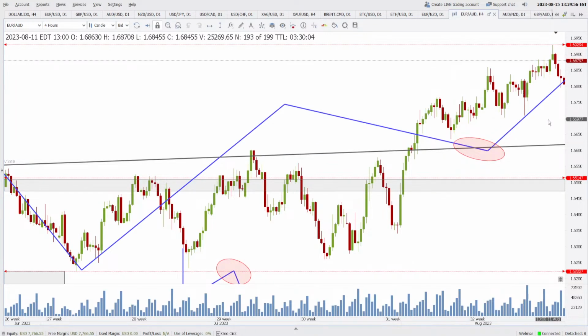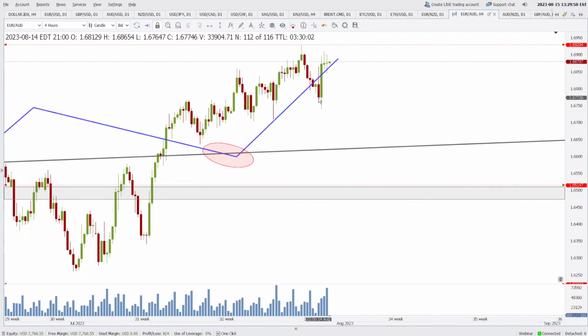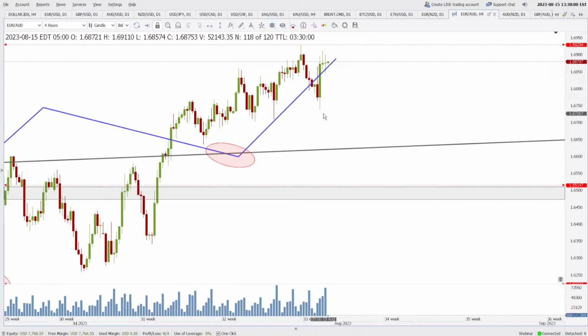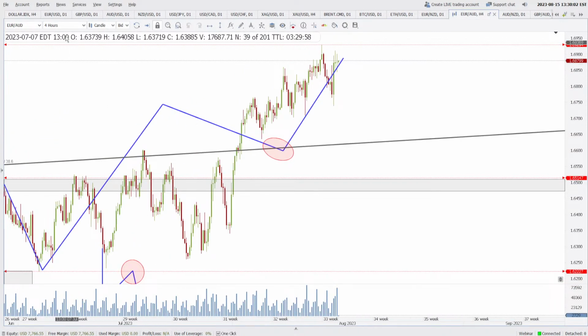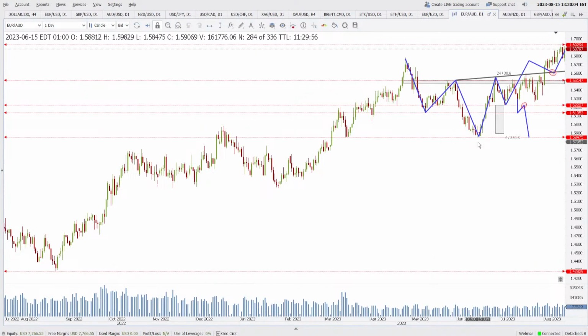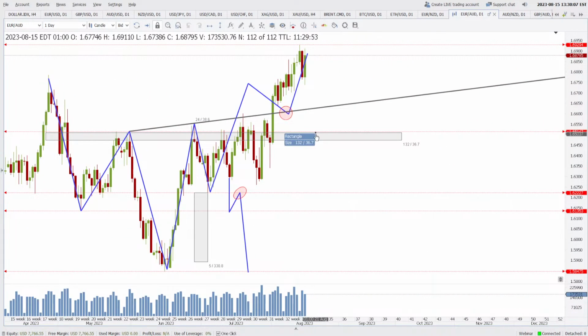Euro against the Australian dollar. Like I was saying, this may offer you another buying opportunity. Yesterday, no, it has not. It was daily. So on daily, we are looking for a buying opportunity close to this neckline, but we have